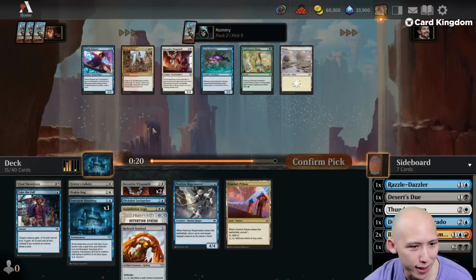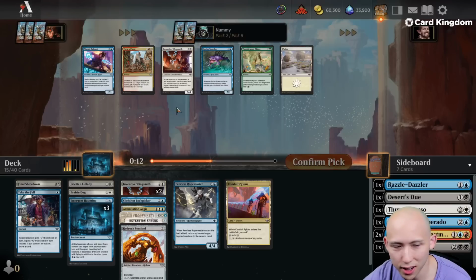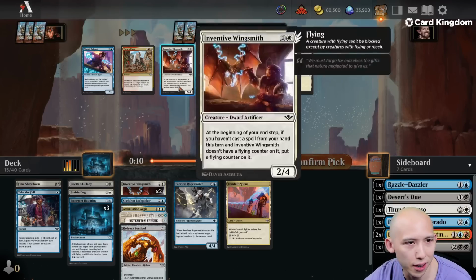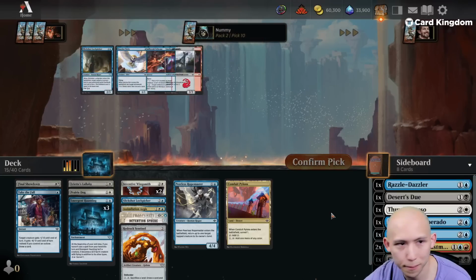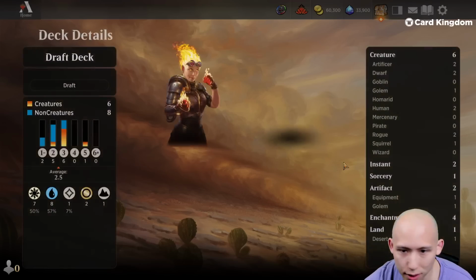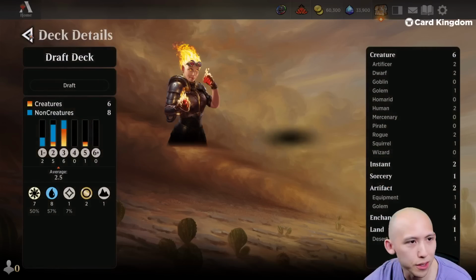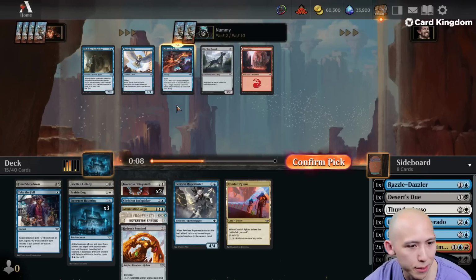There's a Nimble Brigand. It's not so good in our deck. I could splash the Form a Posse. This card's pretty nice. Could just take another Wingsmith. I guess I already have 2 Wingsmiths, so I'd rather have the Brigand. Without getting some more bounce effects. Okay. How good is the Lockpicker right now? 2 instants, 1 sorcery. So I'm probably supposed to take the Scheme. Just as some interaction, but...